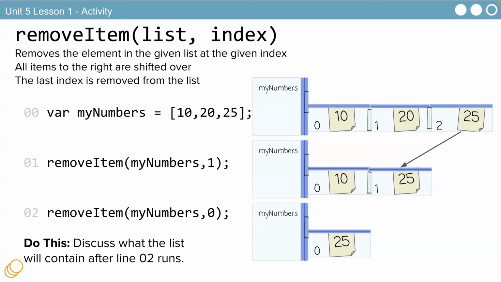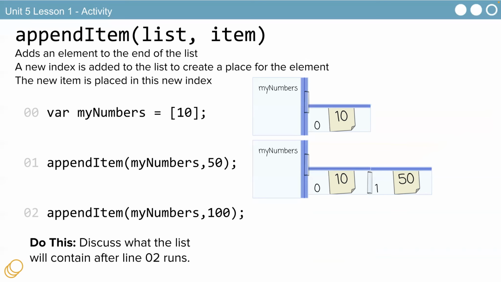The very first one, the one with 10, 20, 25, this command will only remove 1 item. But if you change the number at the end, so if we change this to 2, that'll take out 25. It would take out 25 and keep the others in the same spot. Okay, just making sure. So now what if we want to add an item?